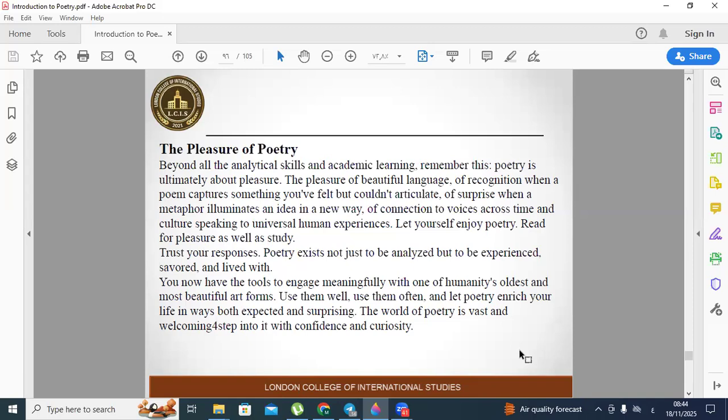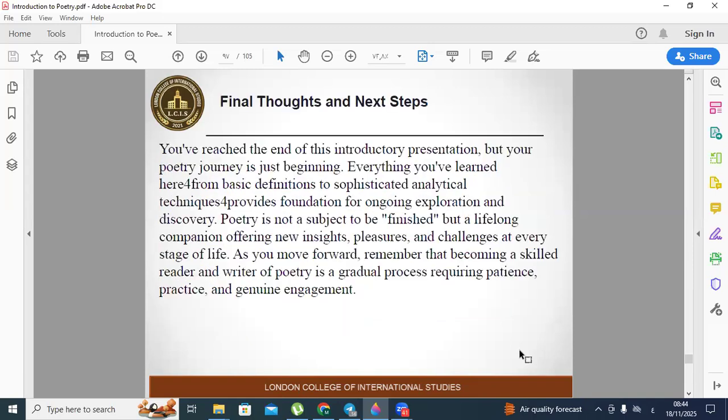Now let's go to final thoughts. You've reached the end of this introductory presentation, but your journey of poetry is just beginning. Everything you've learned here, from basic definitions to sophisticated analytical techniques, provides a foundation for ongoing exploration and discovery. Poetry is not a subject to be finished, but a lifelong companion offering new insights, pleasures, and challenges at every